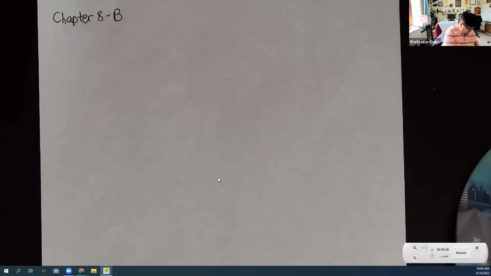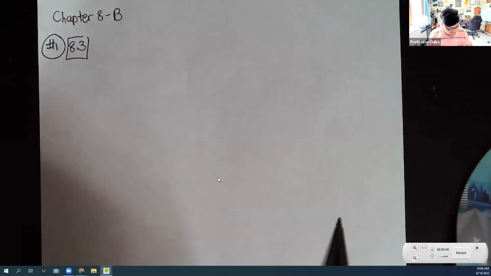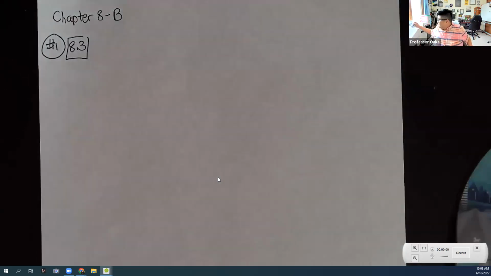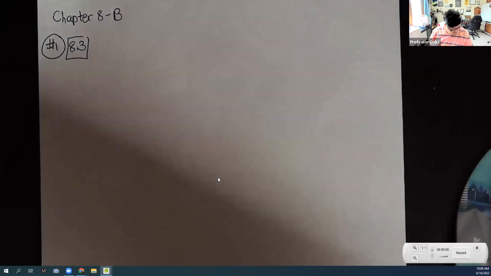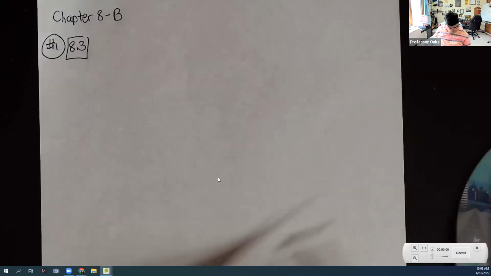So 8.3, and so number one is from 8.3. And so this will be about these formulas that they call the sum and the difference formulas. So I do want to